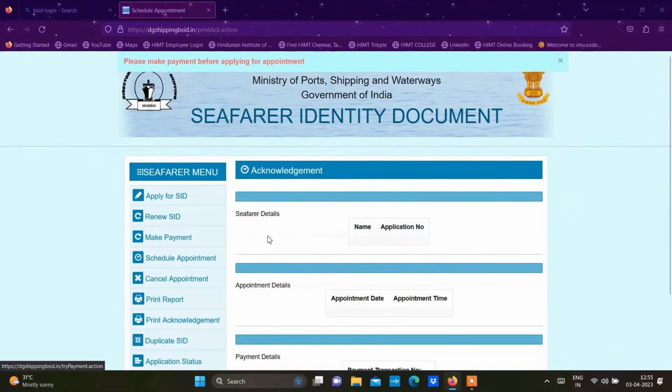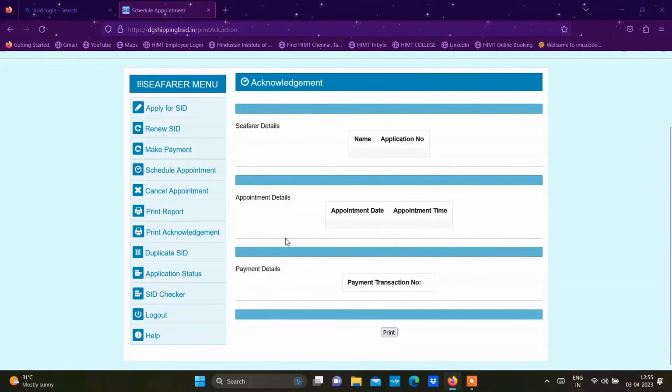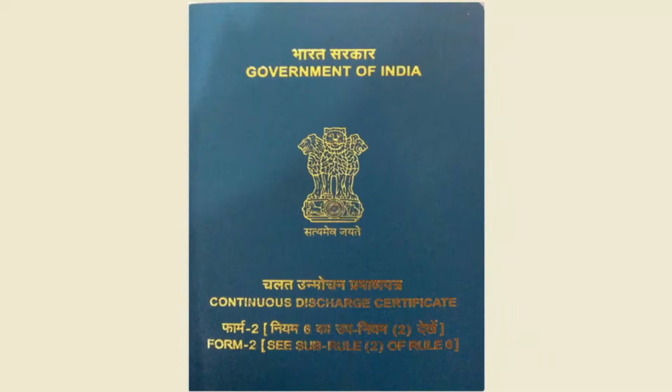When you select the print acknowledgement, you get this option. You have to take a print of this acknowledgement and then proceed to the MMD on your particular date. At the MMD, they will be verifying your documents, particularly your passport and CDC, and they will be taking your photographs for the biometrics. Once they verify it, your B-SID will be approved and it will be issued within 2